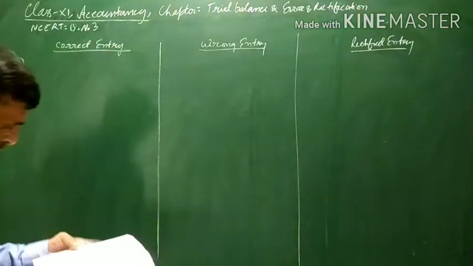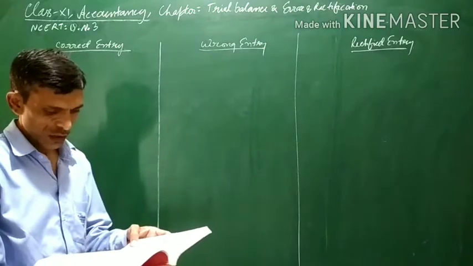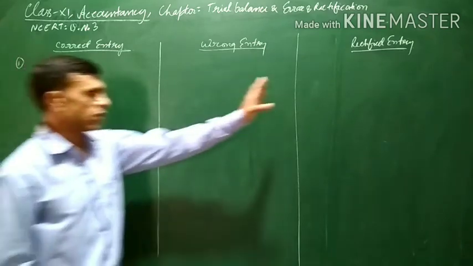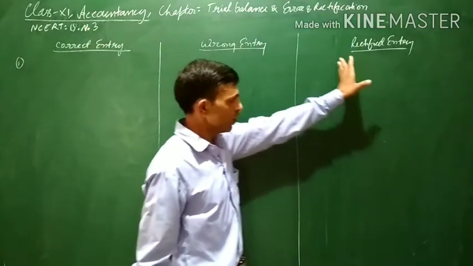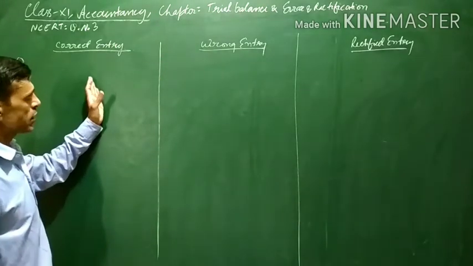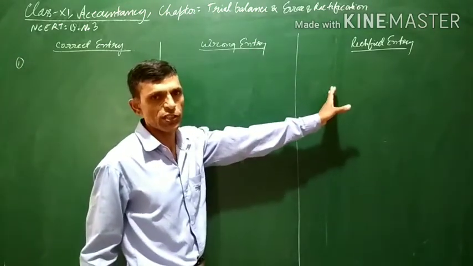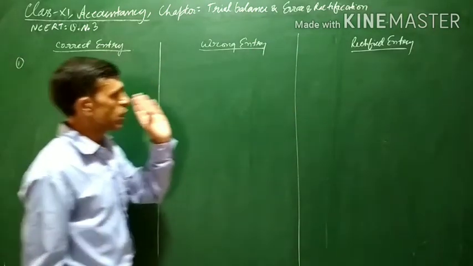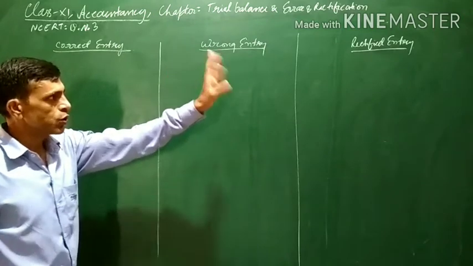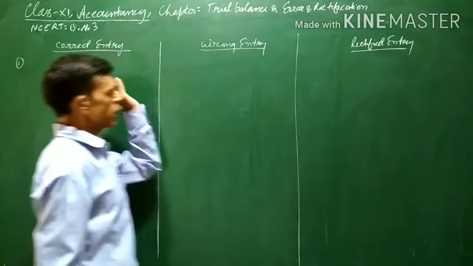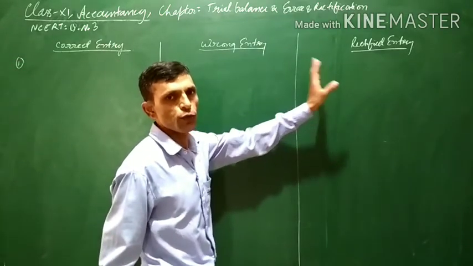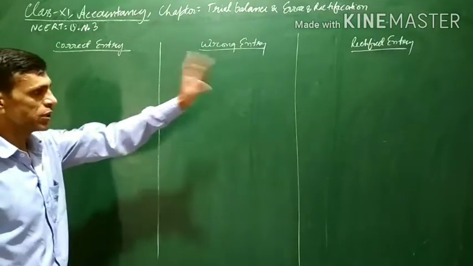Question number 3, the first is: credit sales to Mohan 7,000 were recorded as 7,200. In the previous video, I told you that before doing the rectification entry, if we pass only the rectified entry, it is also correct, but it is better that we write the correct entry as well as the wrong entry and then pass the rectification entry, because it is easy to do the rectification entry by first writing the correct and the wrong entry. Also, you can do these two things in rough work, and only the rectified entry can be part of your answer. But I am doing all the three entries here at the same time.